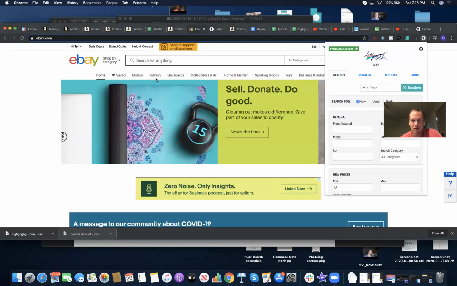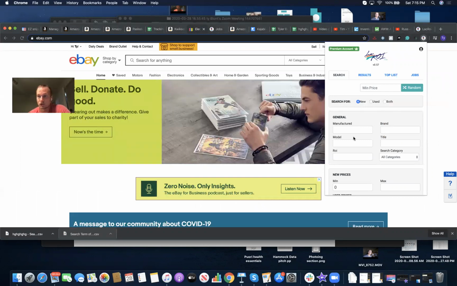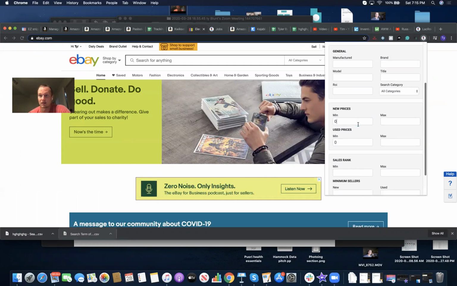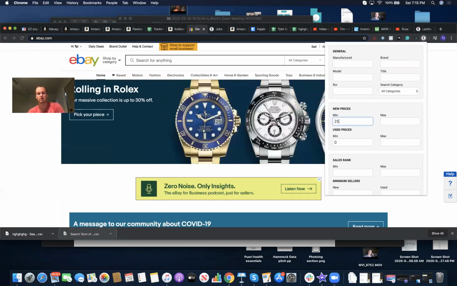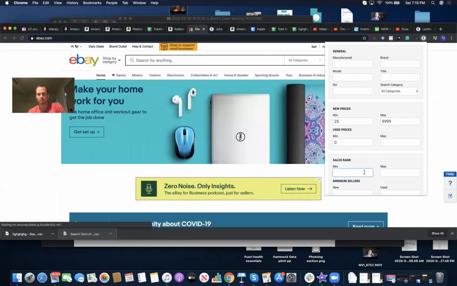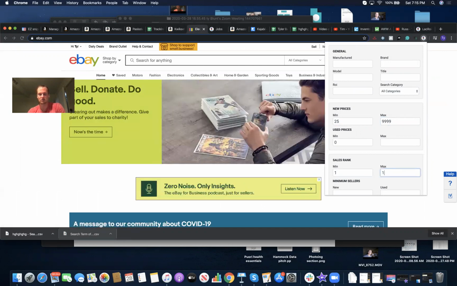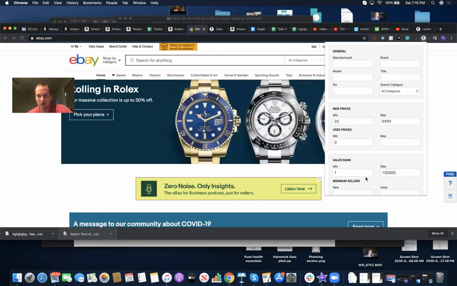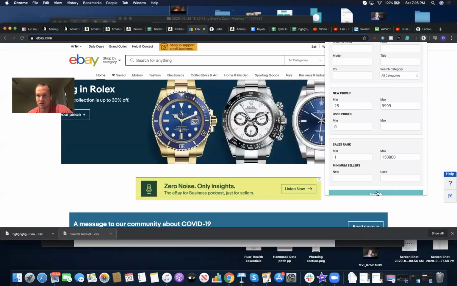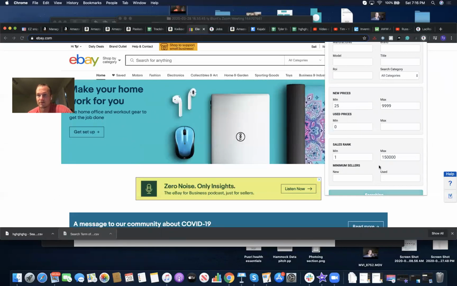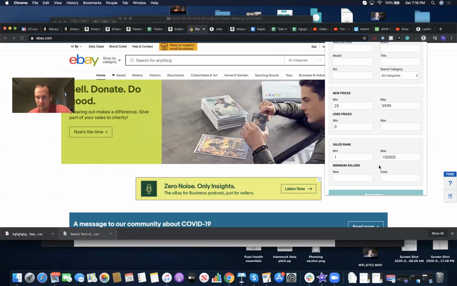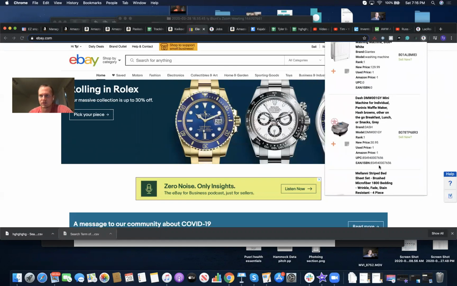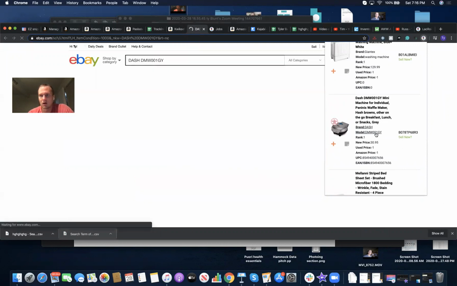So let's say we're going to go broad, right? Let's go super broad. That means everything's unlocked. Let's put a minimum and maximum price: $25, 99999. Minimum sales rank, you still need to fill these things out. Let's just go 150,000. This is going to bring up all categories, all sales ranks up to 150,000. It's going to bring up a lot of stuff, probably 2 million different items in one search. Oh, it's going to destroy the search. All right, but what I'm going to do is